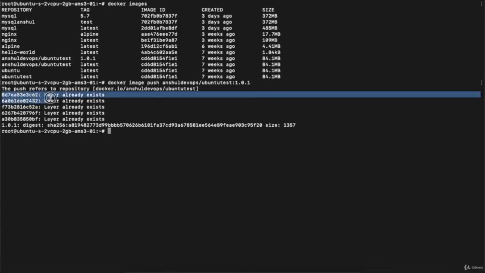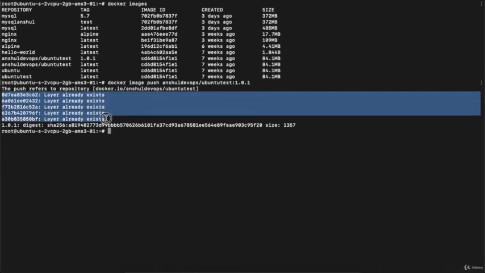Over here I'm getting the message layer already exists, layer already exists, layer already exists. This is what I didn't get when I uploaded my images the first time. So we can understand Docker internally verifies where the change is, and we don't have any change in the layers, we don't have any change in our file system, so it will not upload the earlier file system to hub.docker.com.